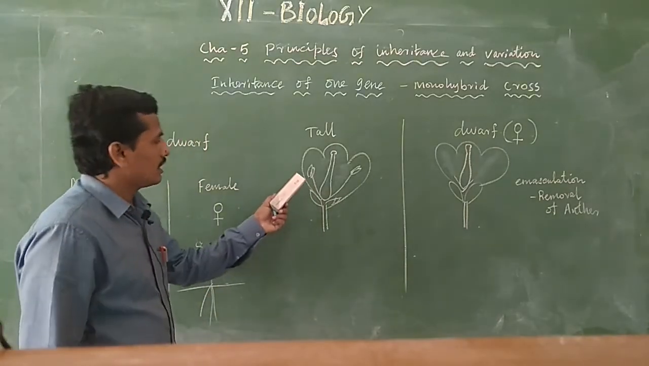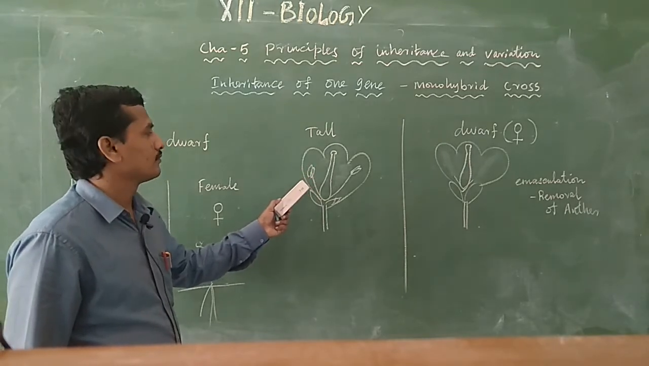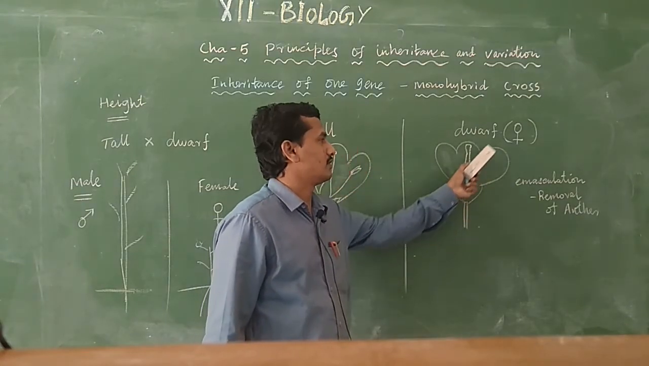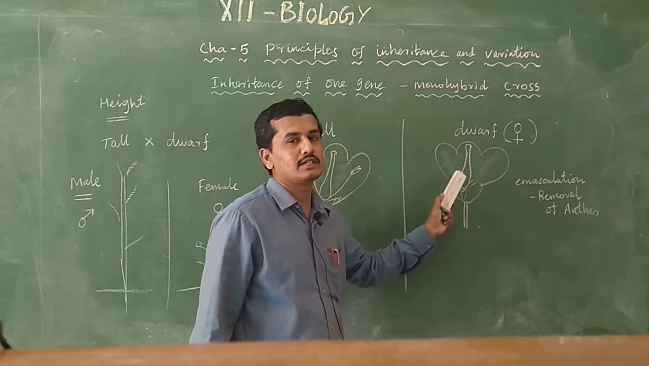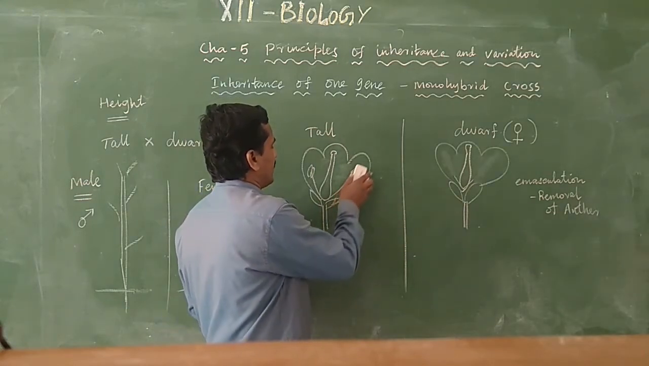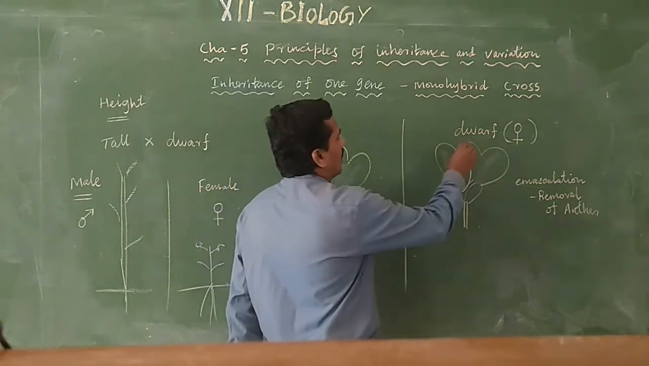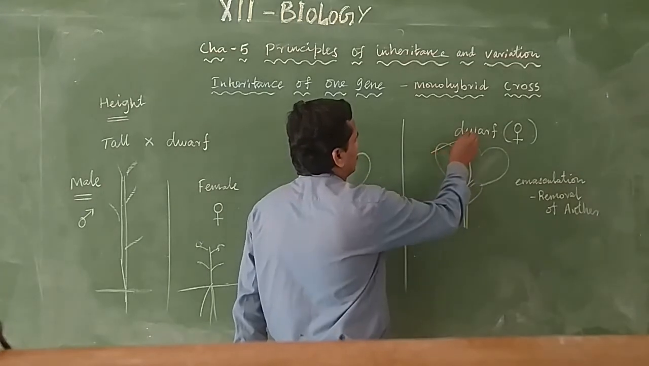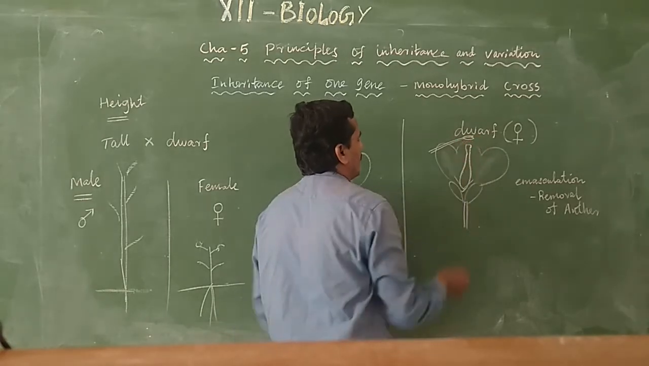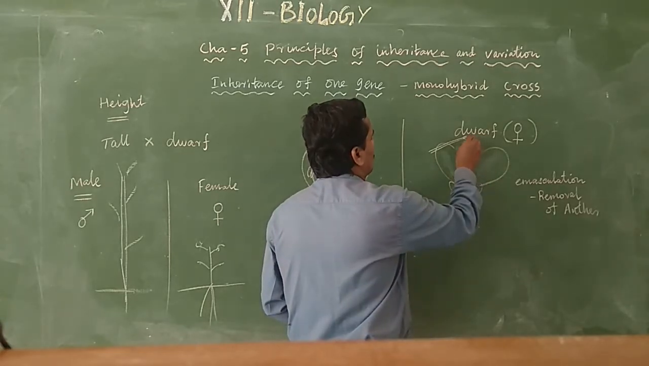Then after maturity, this is a tall plant with bisexual character, and this is a dwarf plant. We are removing the stamen. This is converted into unisexual, that is, a female plant or female flower. After maturity, the tall plant stamen is cut, and the anther and the pollen grain of the tall plant is dusted on the